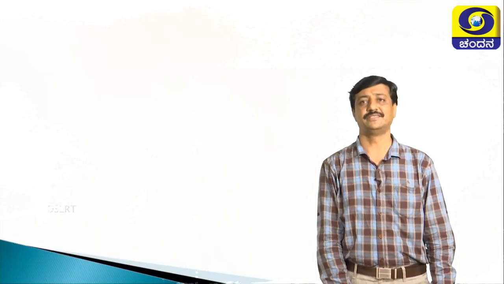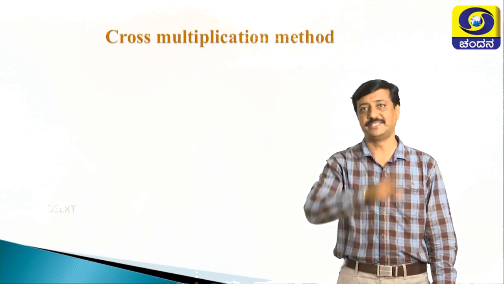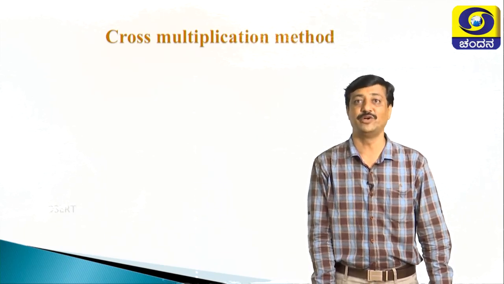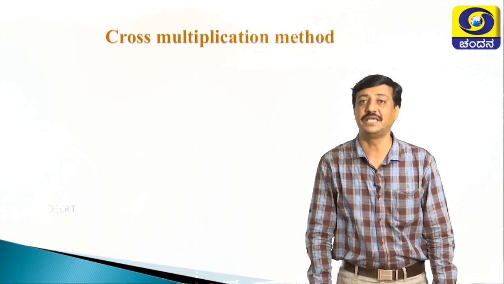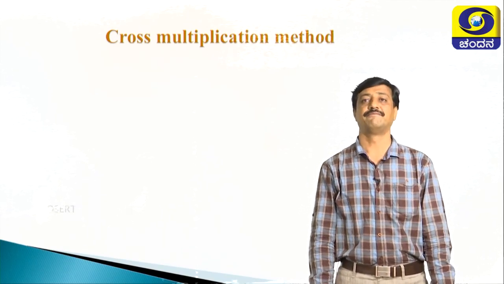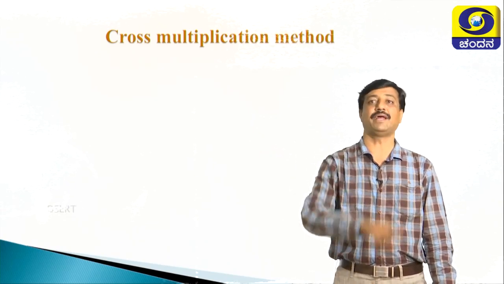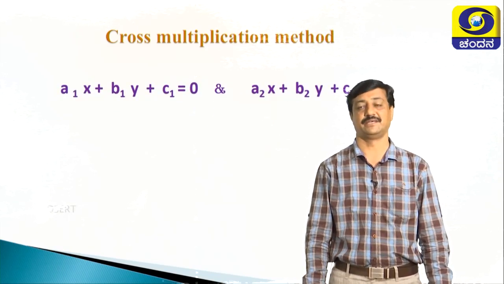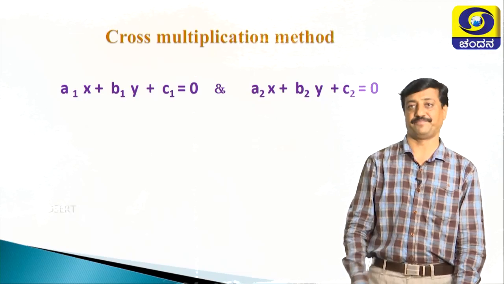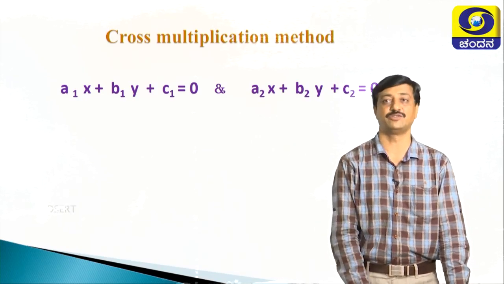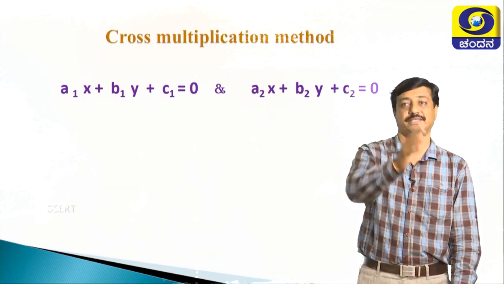The third one is the cross multiplication method. That word itself says cross multiplication. We are going to multiply cross the coefficients of the given pair of equations. First, we will learn how to multiply the coefficients. Here is the method. First, we have to take the given pair into standard form. After reducing that into standard form, you have to write the coefficients column-wise.